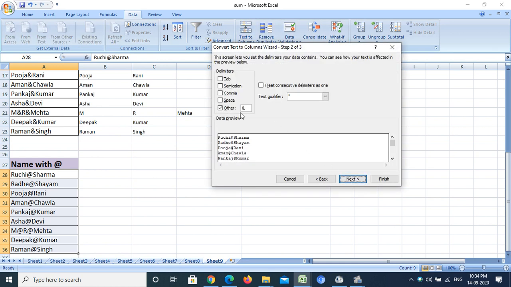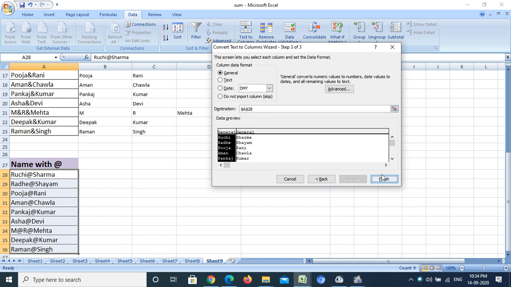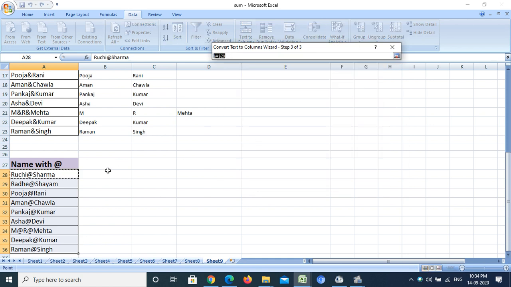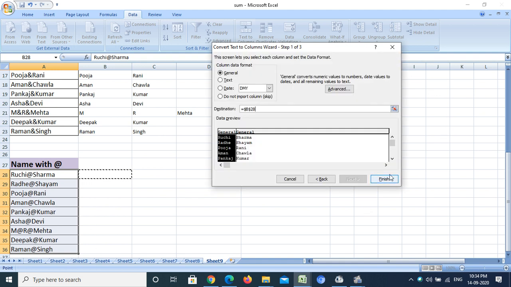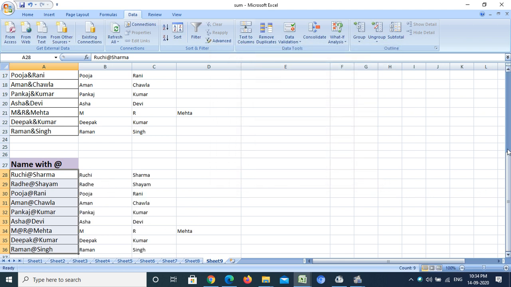Now this time my separator is the at sign, and click on Next, give the destination. I want this destination because I don't want to trouble the source data. After that, Finish. Now see, whenever this at sign occurs, it splits my text into different columns.